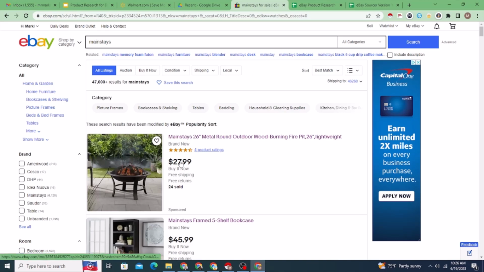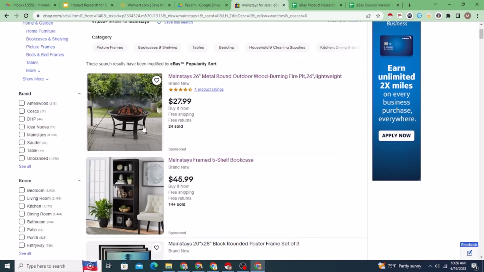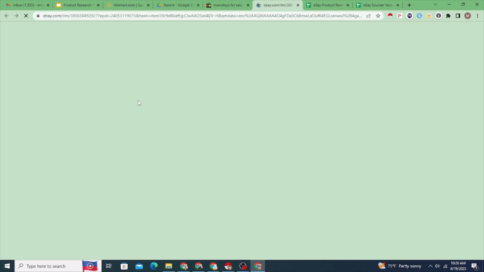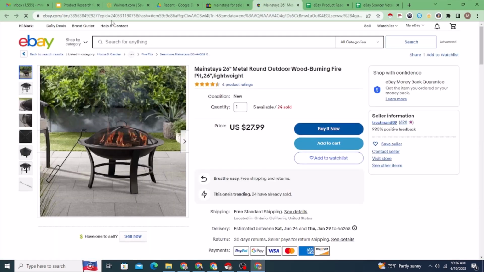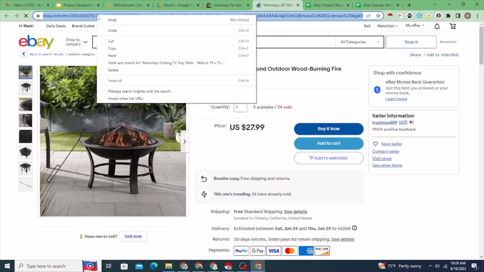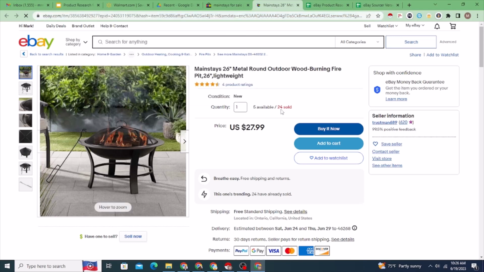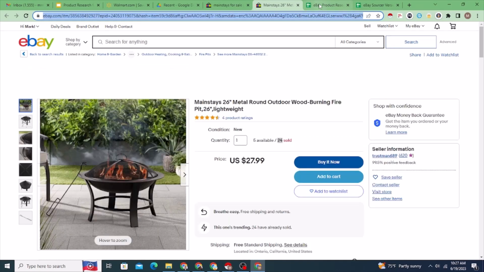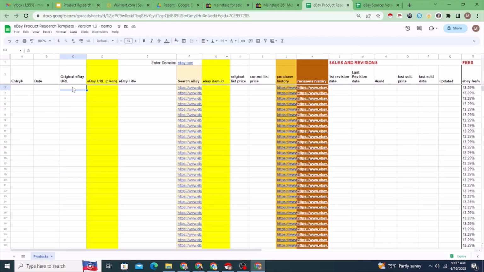Let's say, for instance, you were researching these particular products, and you were to open up this product and you wanted to get the purchase history on it, right? We see it sold 24, but eBay removed the purchase history link that used to be here. What you can do is just copy the URL right over to the template. You paste it right here under original eBay URL,